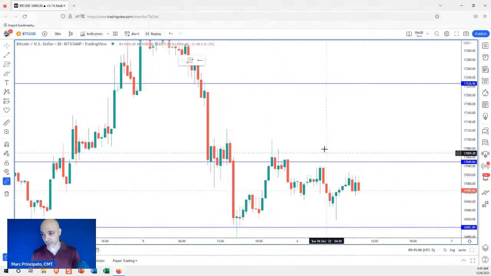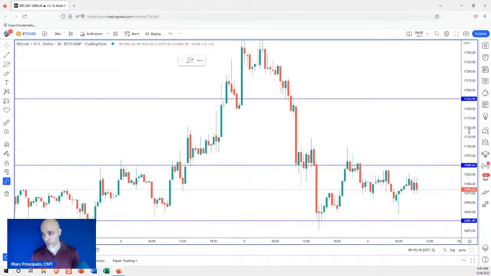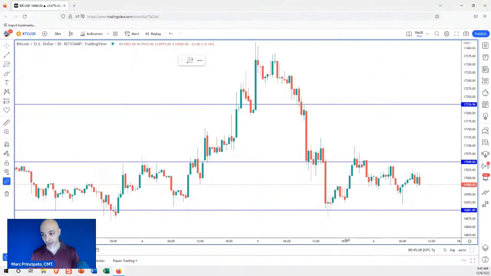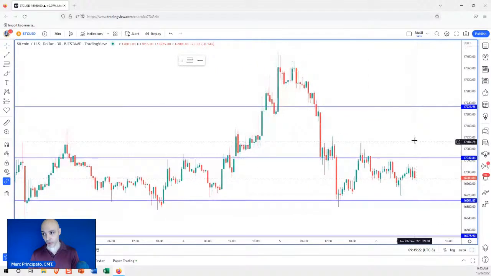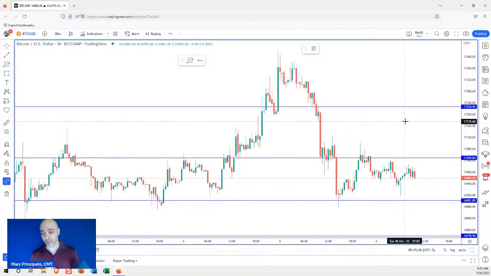Now, let's get into this without further rant. Let's get into the Bitcoin situation on the 30-minute. Why the 30-minute? Because I need to get a sense of price structure, and I need to get my context together. Now, I'm not looking at the daily chart for this. I don't need the daily chart. I'm only interested in momentum. And I want momentum basically minute by minute. I'm looking to be in and out of this trade maybe in 30 minutes, maybe an hour, something like that. I don't care where it's going to be tomorrow. That's none of my business. I'm only interested in momentum now.